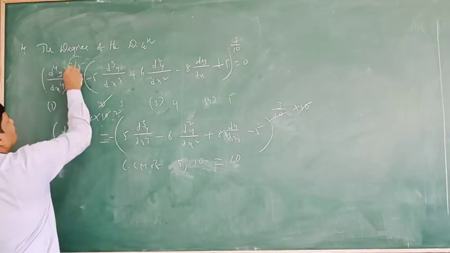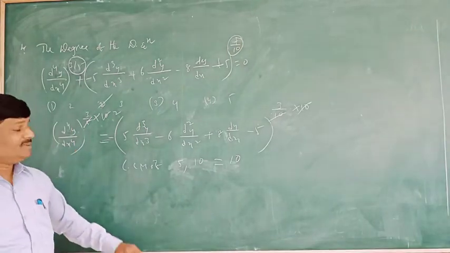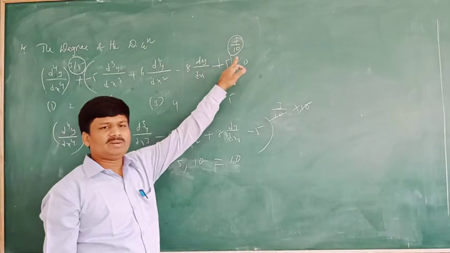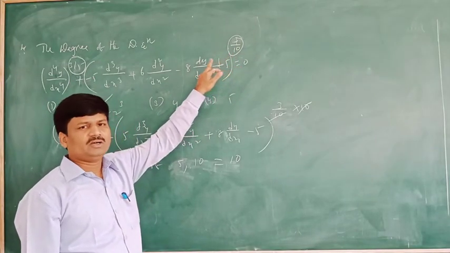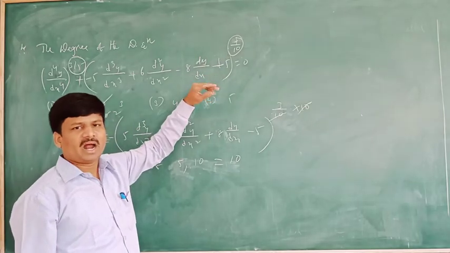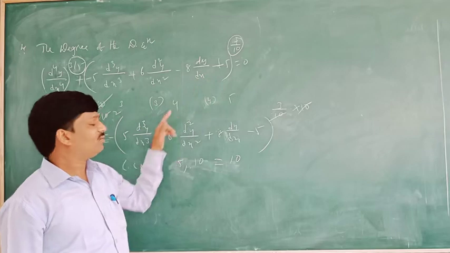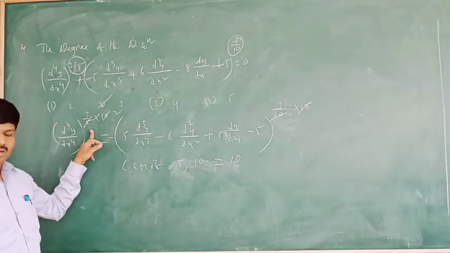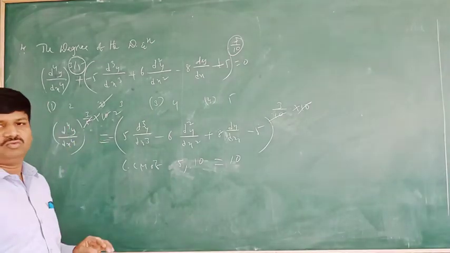That means whatever the powers will be there, you have to observe the powers here. What power is given here? 3 by 5. Fractions are given. Compulsorily these fractions you have to simplify. Simplification means we have to take the LCM of the denominators and multiply by that LCM at the powers. After simplification, whatever values you get, those only you can treat as order and degree. Okay, remember this one. This is about question number 4.